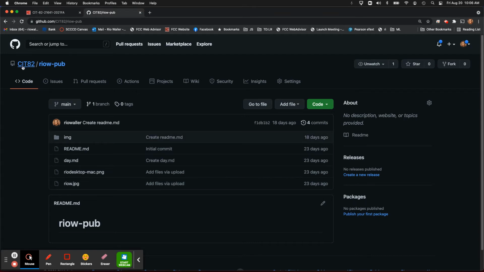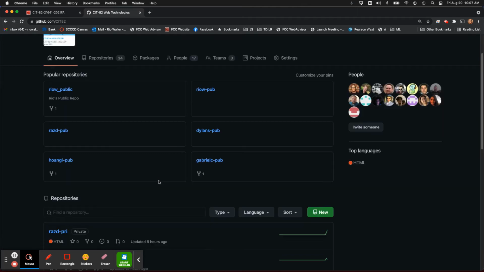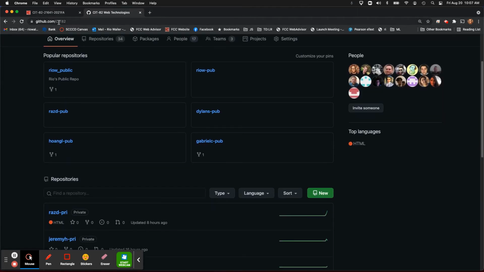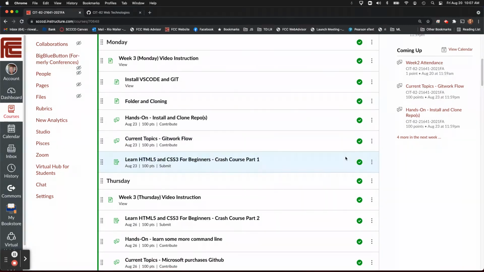But from here on out, you do not want to make changes out here on GitHub. All your changes to your code, anything else, will happen on your local system and then be pushed to GitHub. Okay. Coming back here, that's what this workflow does. It teaches you how to code locally, track those changes, and then push that code to GitHub.